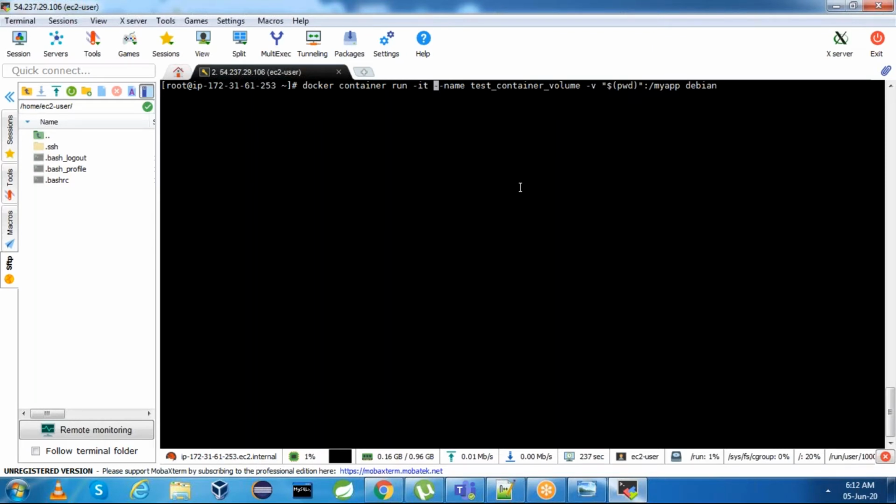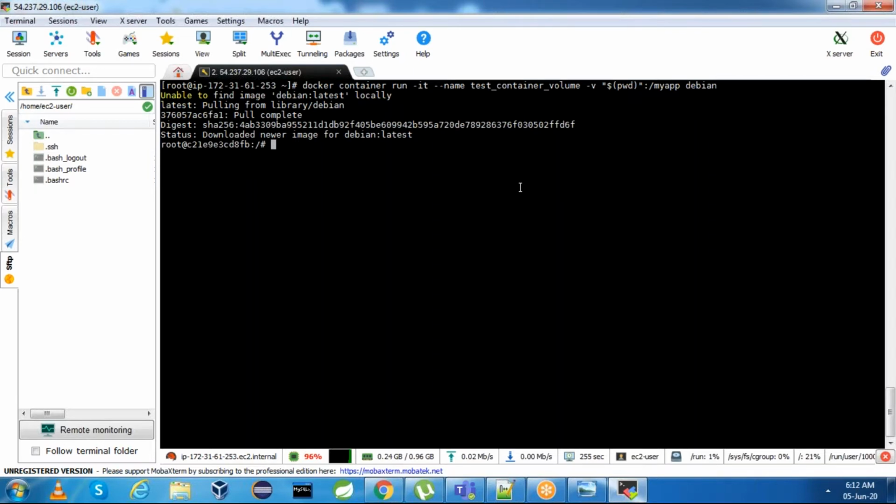I'm using the option -v. Basically, I'm using the volume option and I'm giving $PWD. This is nothing but the host folder. Now, I'm using a Debian container.